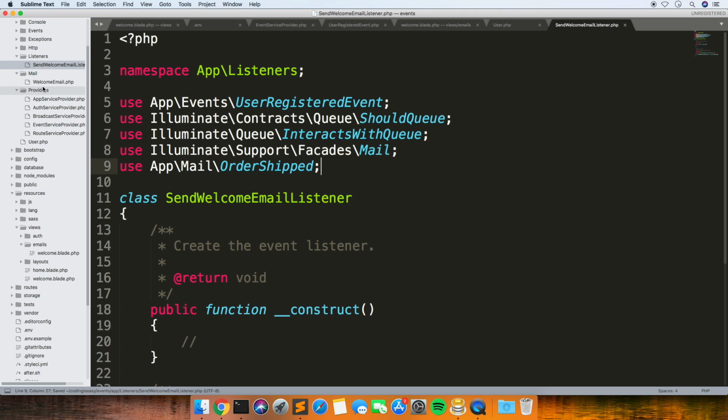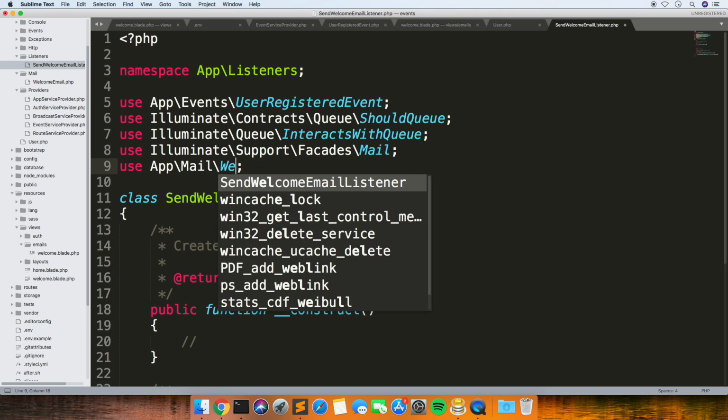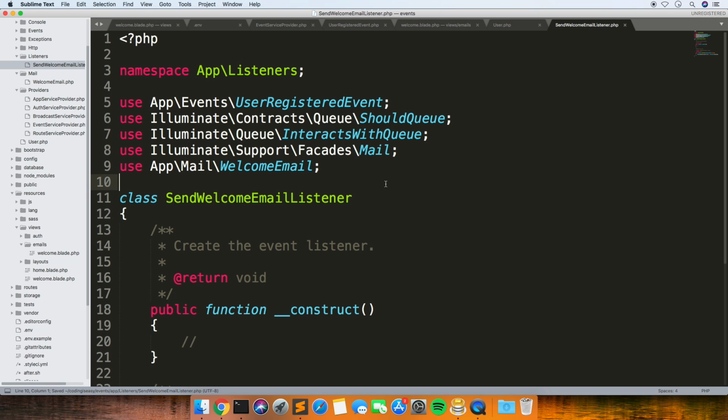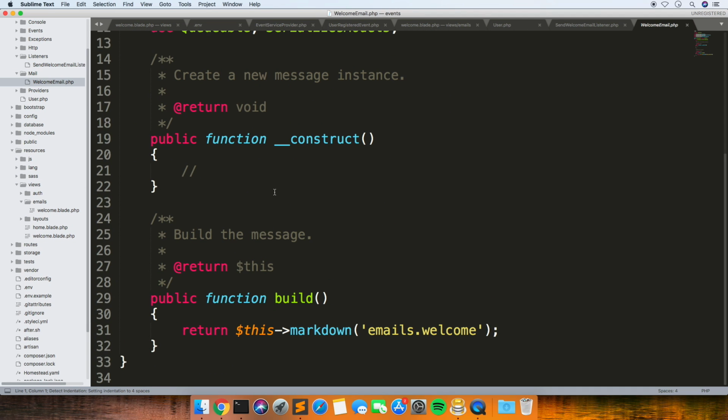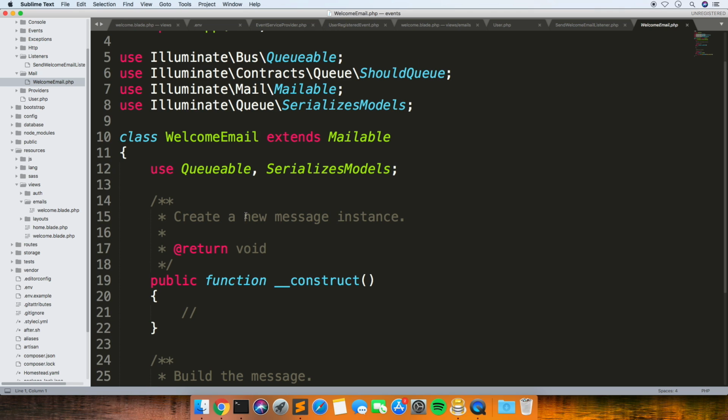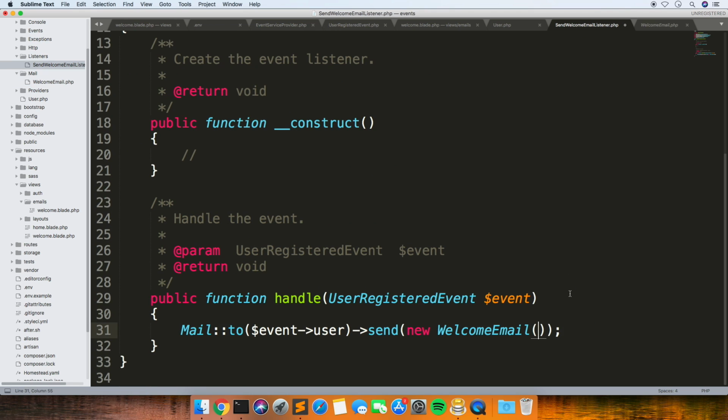So our mail is called welcome email, and we just want to change this to the welcome email. Let's just see what we've got in our mail. Our mail doesn't actually take a user at the minute, so I'll just leave that out for now. So it's not actually going to send them anything that says their name in it, but we will do that eventually.